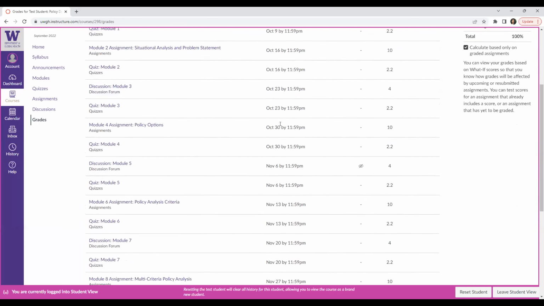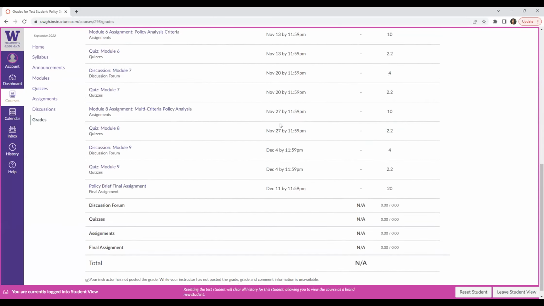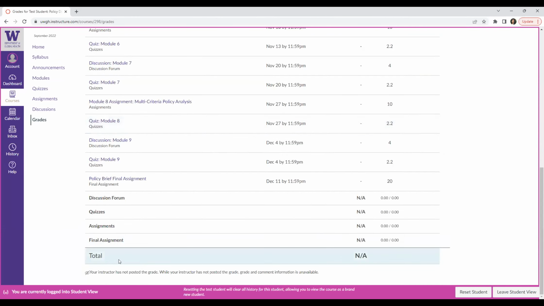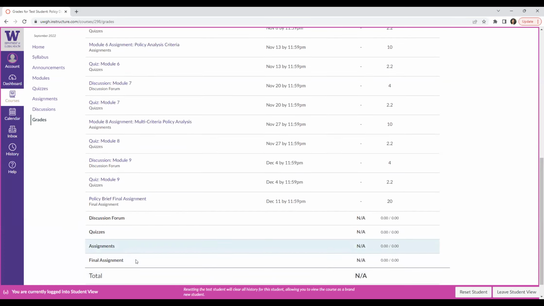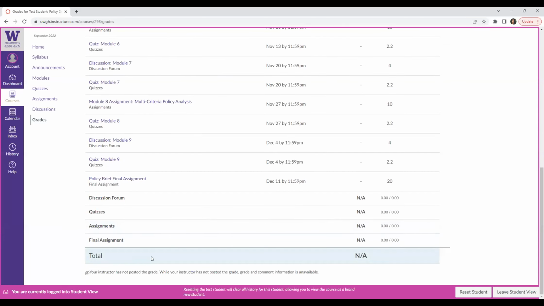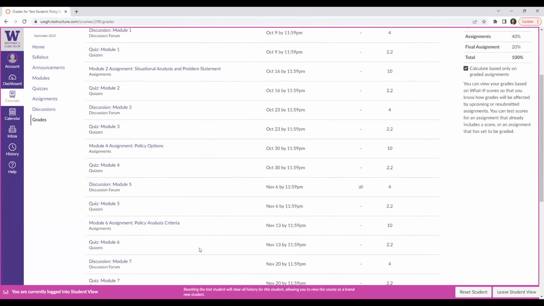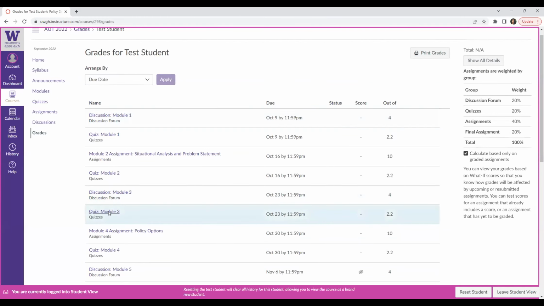The other thing I want to draw your attention to is at the very bottom of the page, there is a running total. And that is just a total of where your grade stands at that moment in time. So for example, if you complete the assignments for the first 3 modules, and you score well on them, then it would show what your grade is at that moment in time.